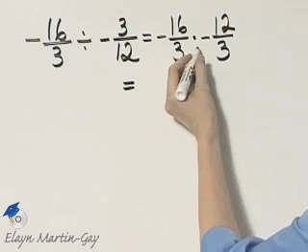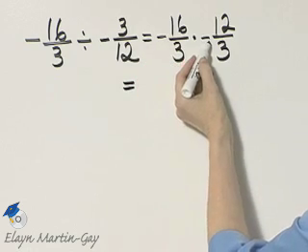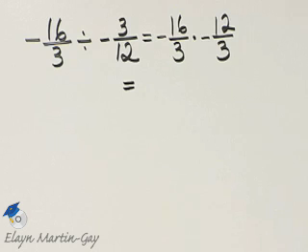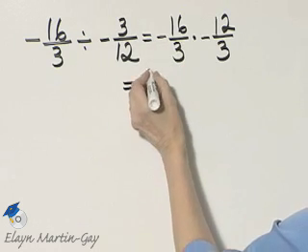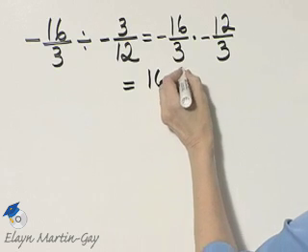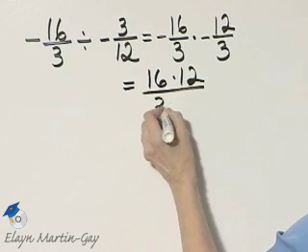Now, let's think about multiplication. It's a negative times a negative, right? So the answer will be positive. And so let's forget about our negative signs, and then I have numerator 16 times numerator 12 over denominator 3